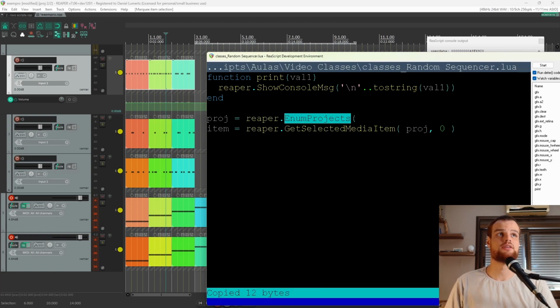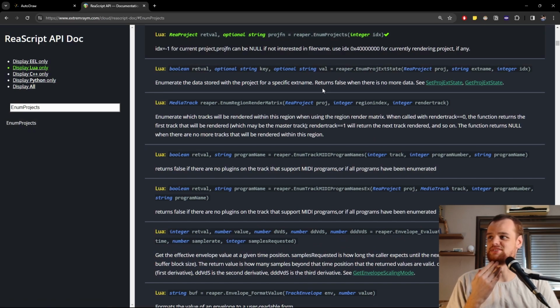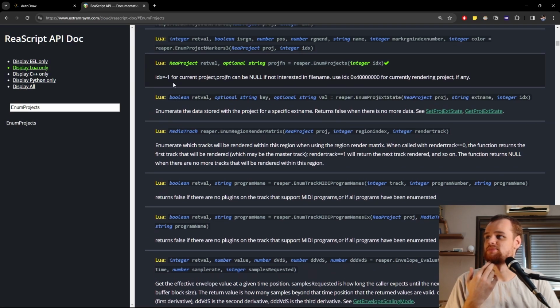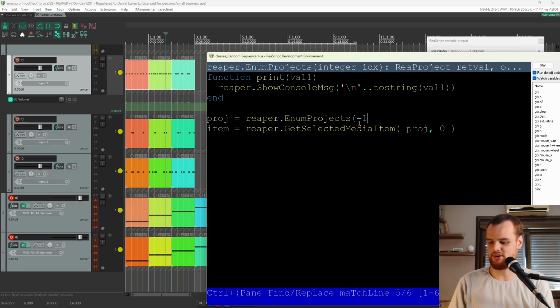And if you go to our famous website here, I don't remember what this function says. Okay, so it says less 1 for the current project. And okay, this is enough. We can say less 1. And this should